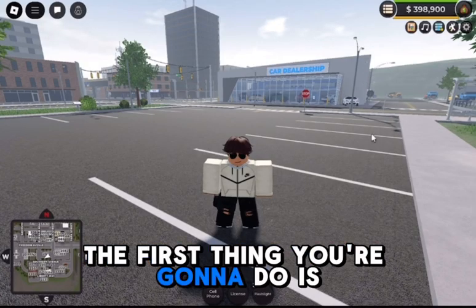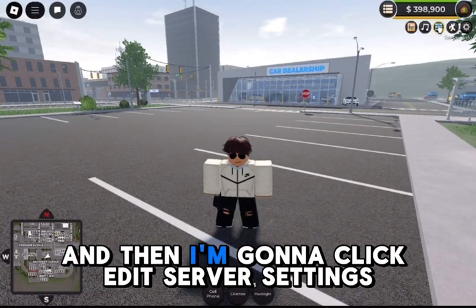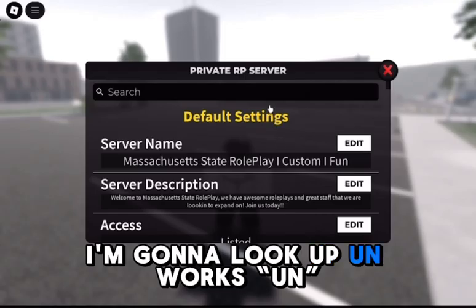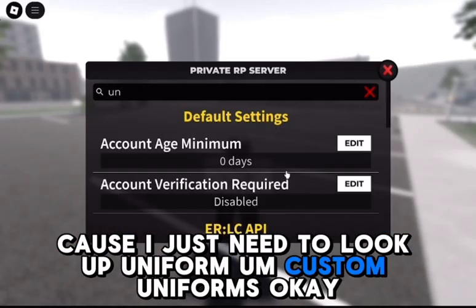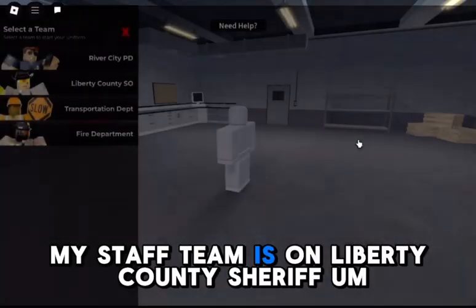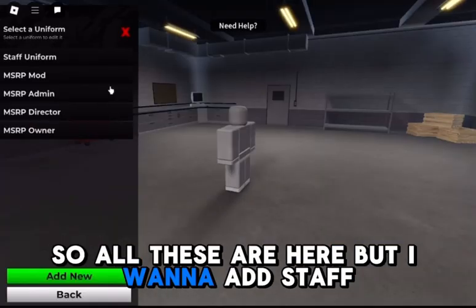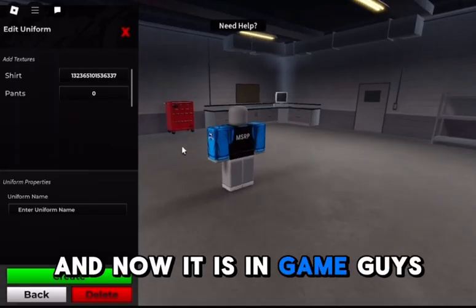Okay, so the first thing you're going to do is go up to the top right here, okay? And then I'm going to click Edit Server Settings. And then I'm just going to go here. I'm going to look up UN Works because I just need to look up uniform, custom uniforms, okay? Now I'm going to go here, and my staff team is on Liberty County Sheriff. So all of these are here, but I want to add staff. So I'm going to paste in that number that I just copied from Roblox, and now it is in game,